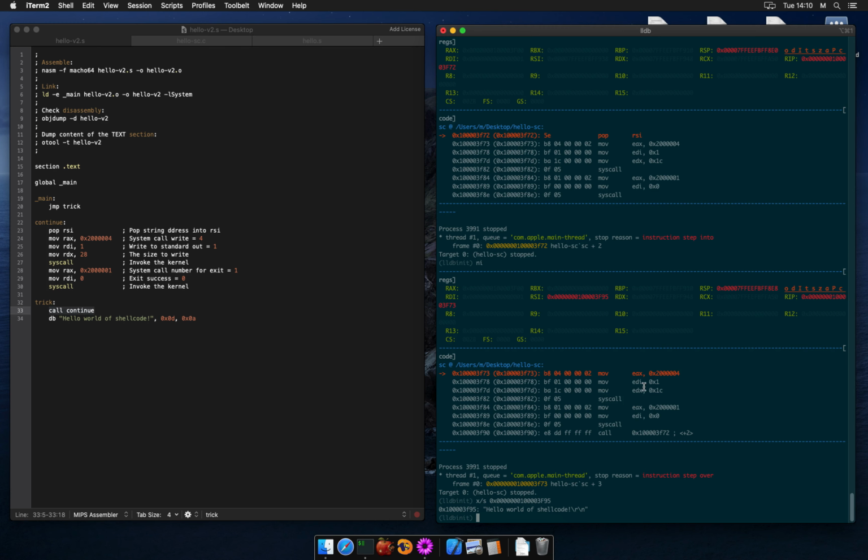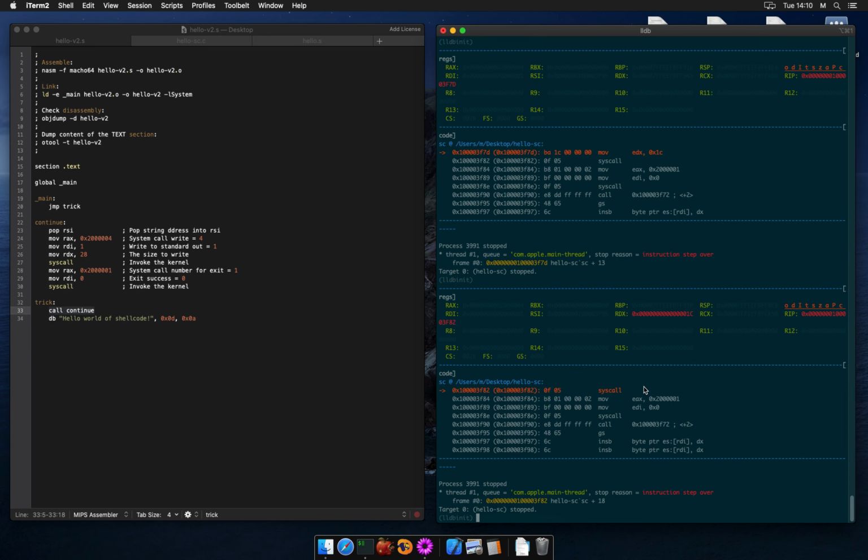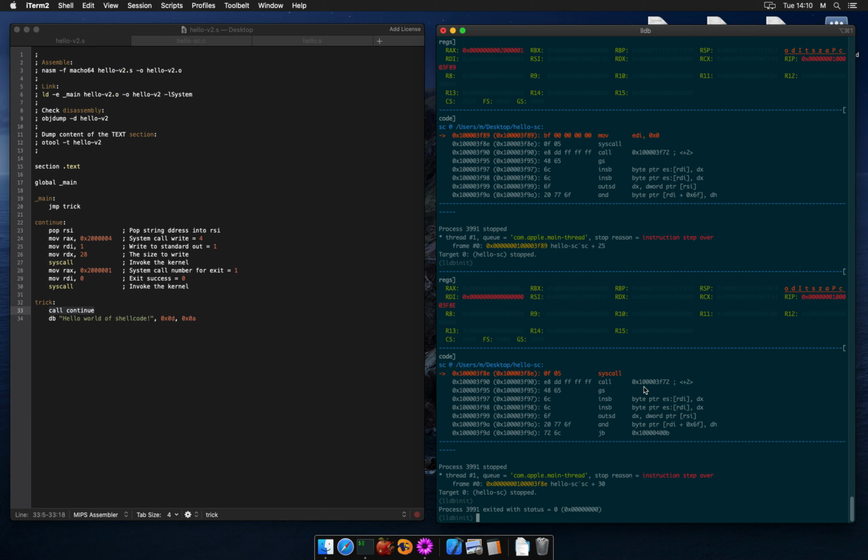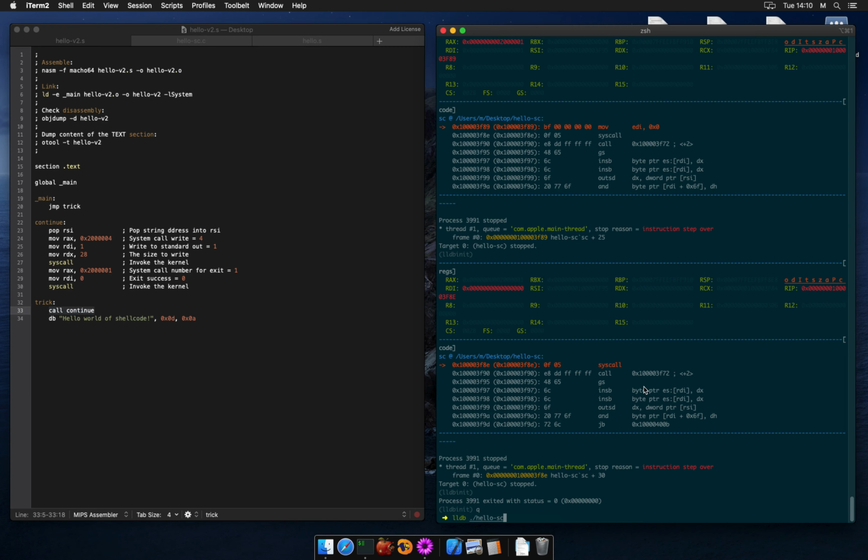The rest of the code is exactly what we've seen in the first part. Have fun in the debugger if you want. Double check that it works without the debugger.